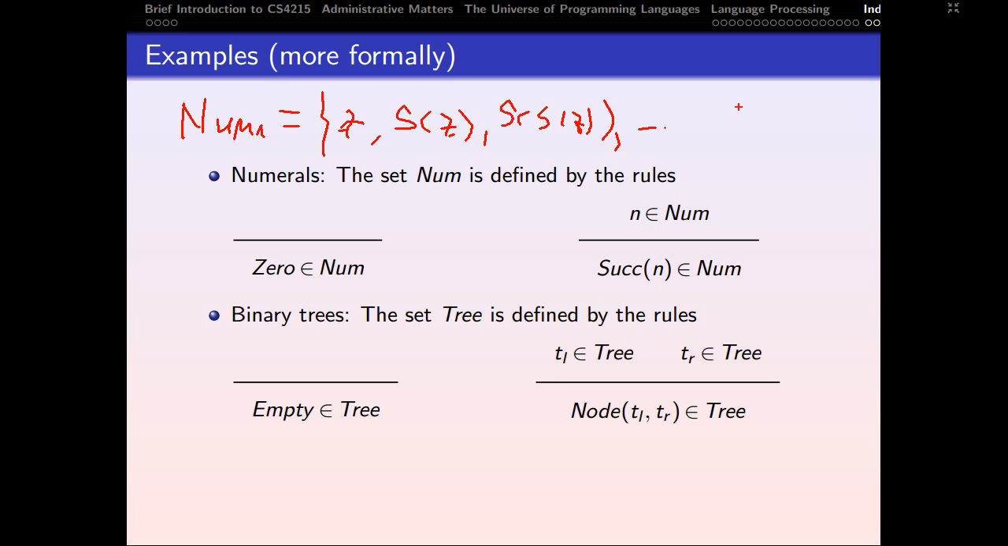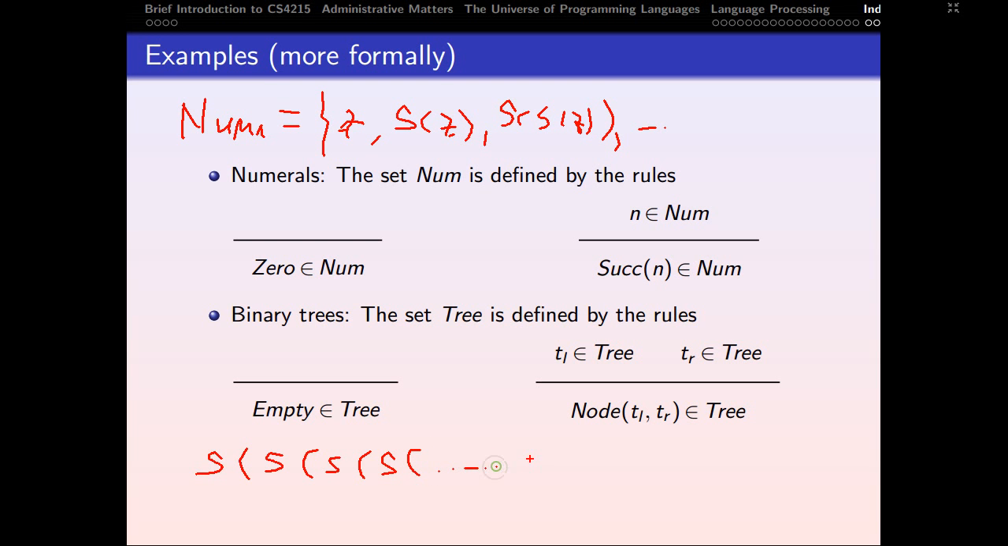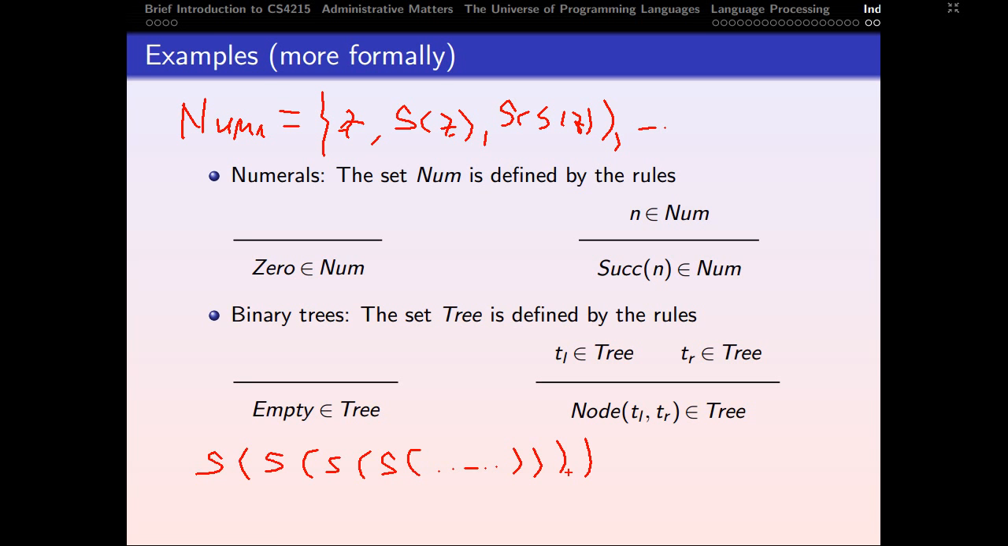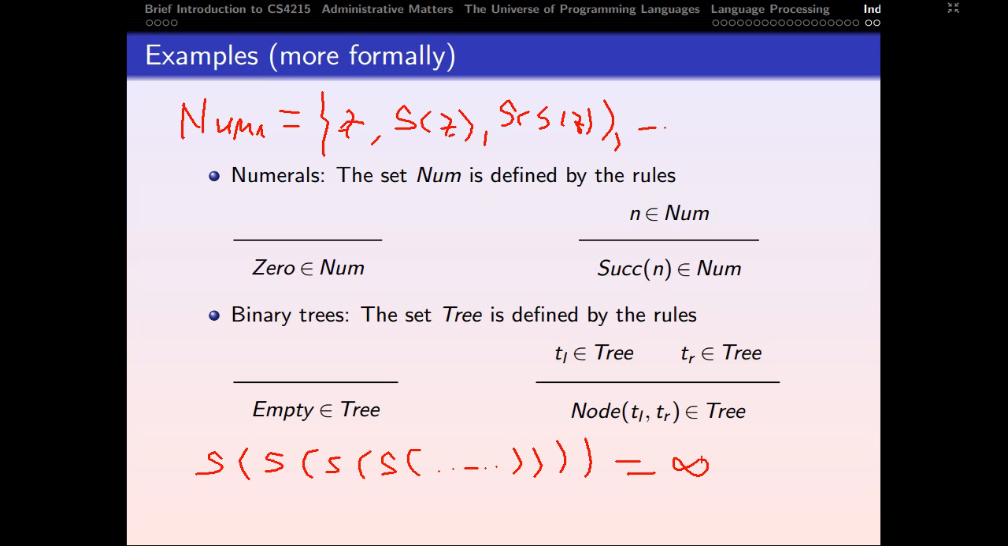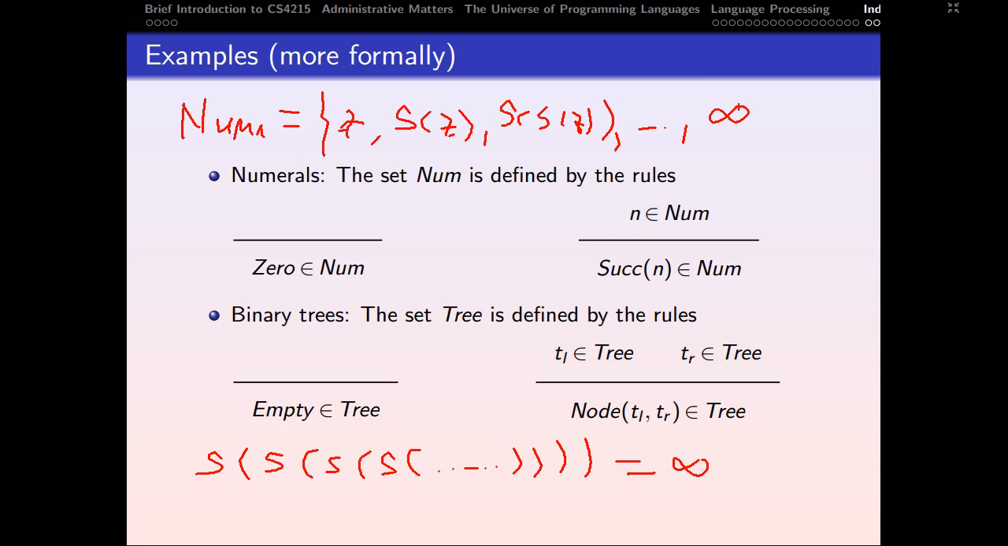So I want you to imagine the following construction. S applied to S, applied to S, applied to S, applied to, and you go on forever. Now you might want to say, well, does this term really exist? Well, we can't really refute its existence. We don't have an argument to say it doesn't. Now, if this term is a numeral, I'm going to denote this by infinity because it kind of looks like infinity and it's a convenient form. So if I put infinity here,